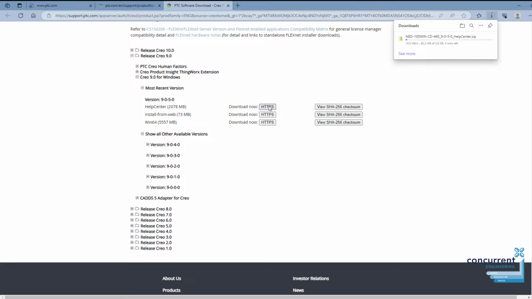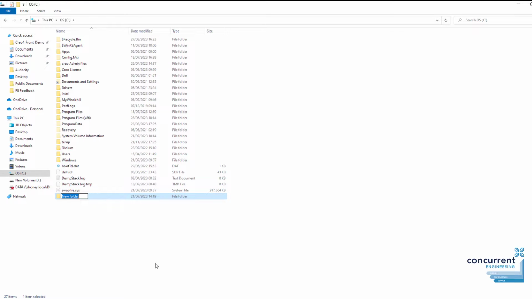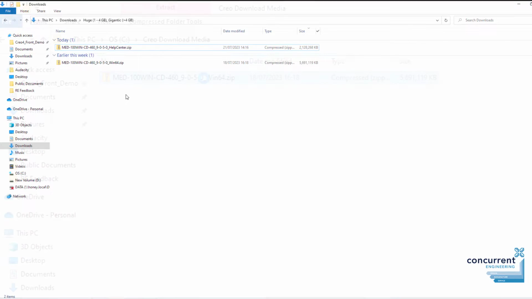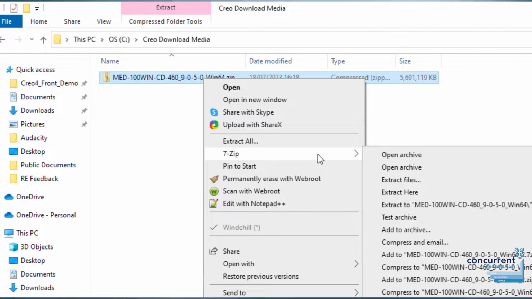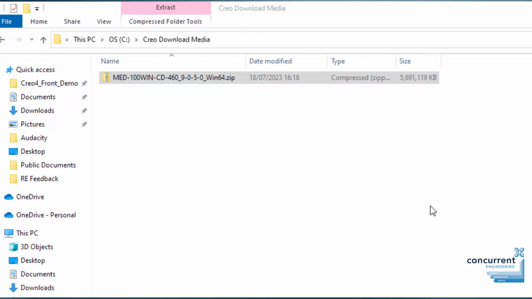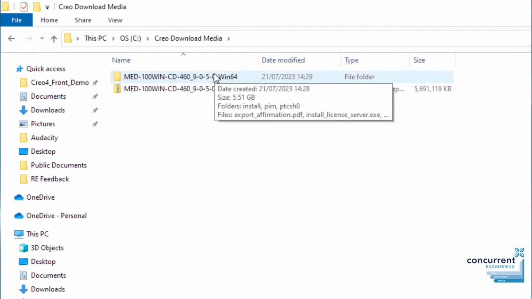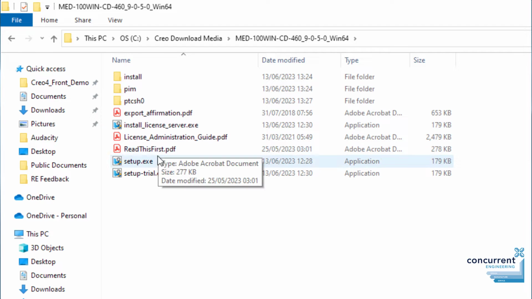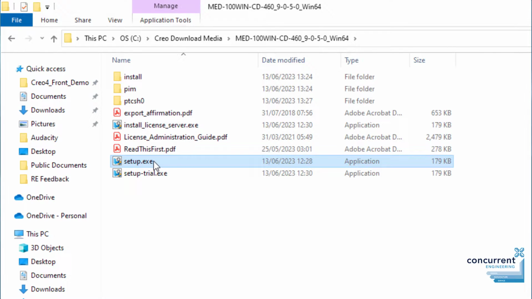Again, another handy hint here will be to cut and paste the downloaded zip file to your hard drive. Again, creating a new folder in there to store the download media. Extract the zip files using Windows or a third-party software plugin. Now double-click this folder here, and then you're going to go down to setup.exe, which is the penultimate shortcut at